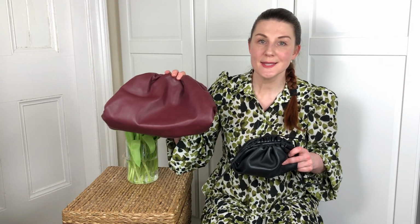The second difference I'm going to talk about here is the capacity. At first sight, it's like, oh yeah, that's a big difference, and it's quite obvious. However, it's not as different. The capacity is not that different as you can imagine. Despite the fact that the difference in the size of the bag is so massive, the capacity is not that different. And it all comes down to the fact that the large pouch doesn't have any strap or any top handle,